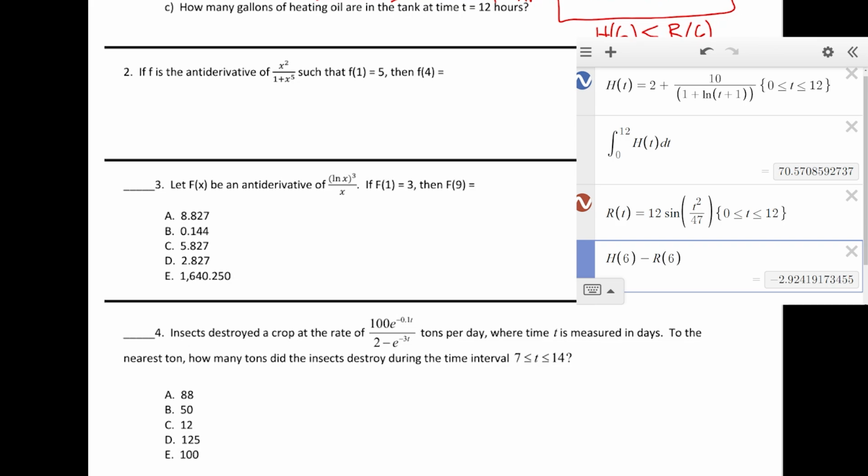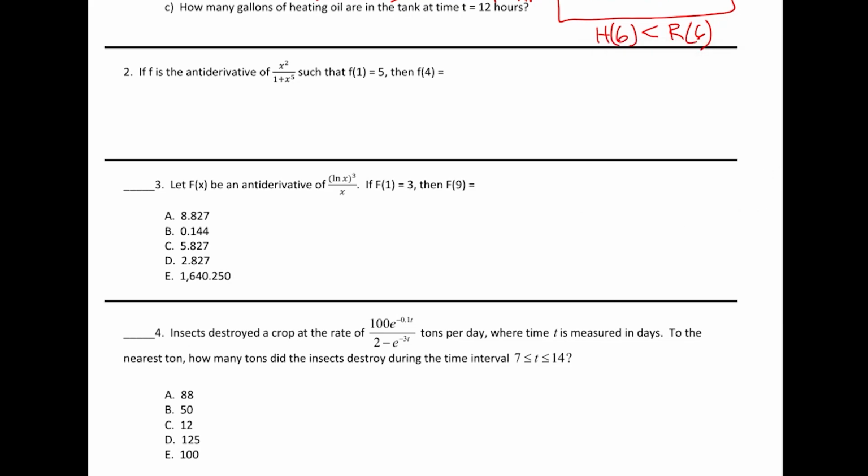Number 2 says if f is the antiderivative of x squared over 1 plus x to the fifth, such that f of 1 equals 5, then what is f of 4? And so this is going to be another fundamental theorem problem. We're going to set up a fundamental equation,